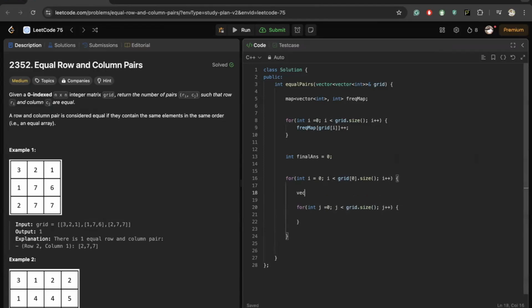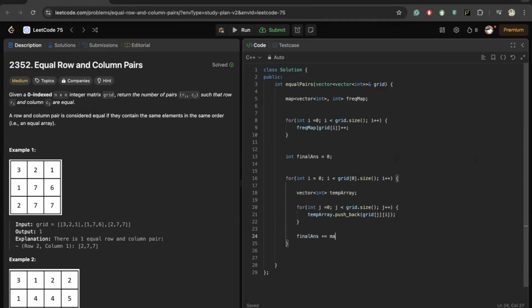And here I'll maintain a temporary array, which will be iterating through the columns. So that's why it will store all the values from there, right? So grid of j i, and